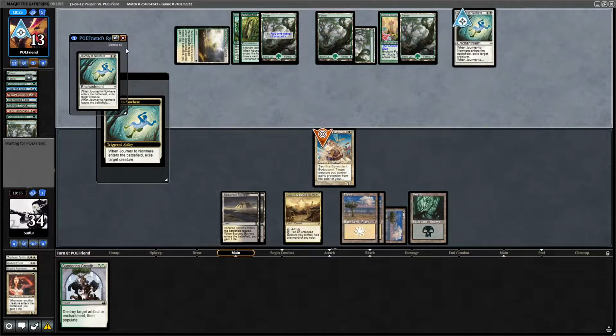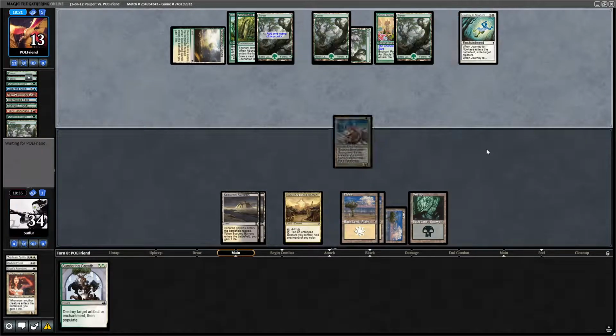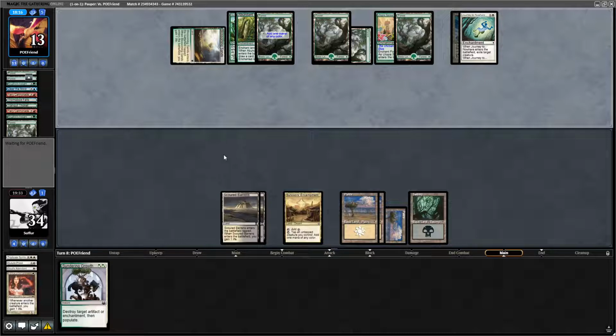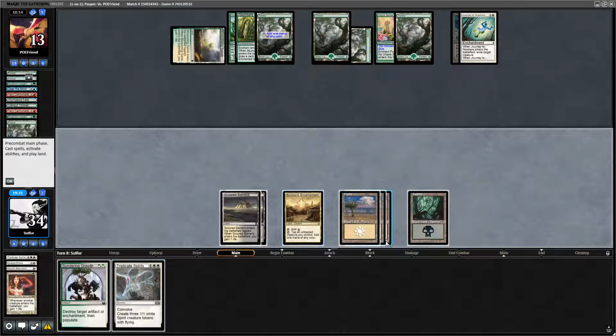Yeah, that's fine. That is totally okay with me. We're not in a big rush here. We are about a minute ahead on time, a little bit more. We can try to keep it that way. There's a Triplicate Spirits. That's good. No way to protect it, but...